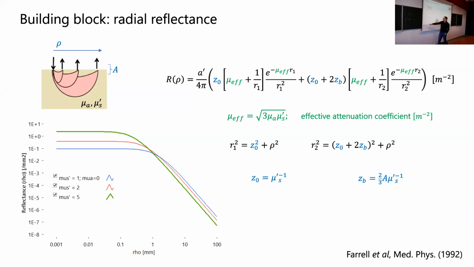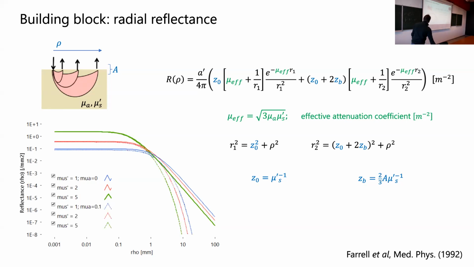Look at the plots. So this is reflectance on a logarithmic scale. This is distance on a logarithmic scale. This is what the model predicts. Now we can use that function. So the farther you go away, the stronger